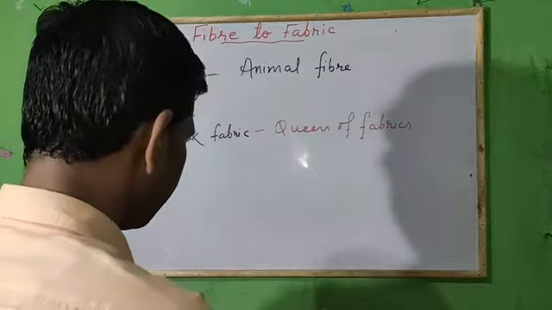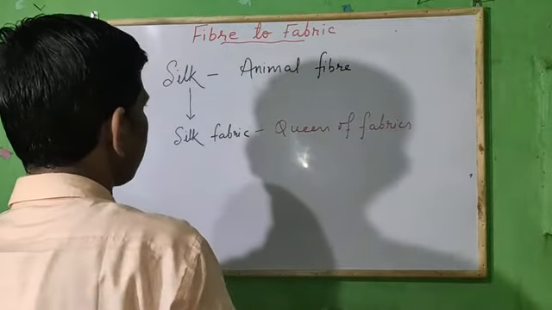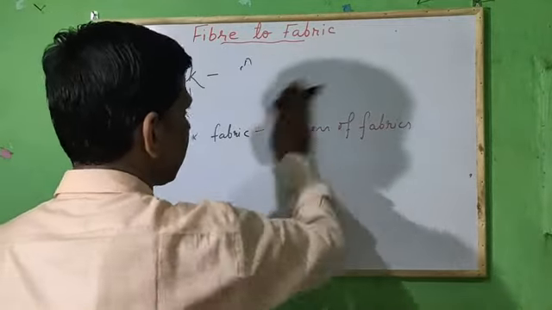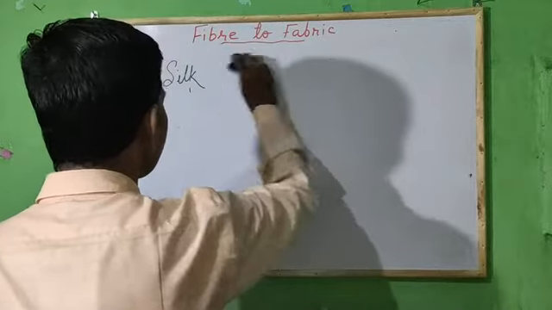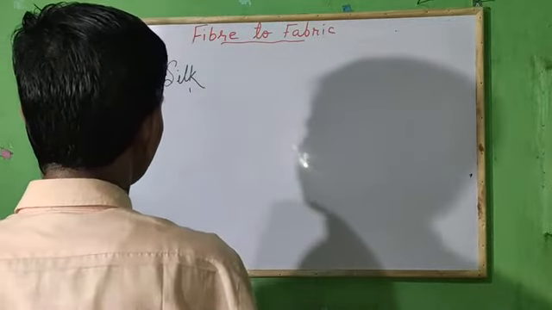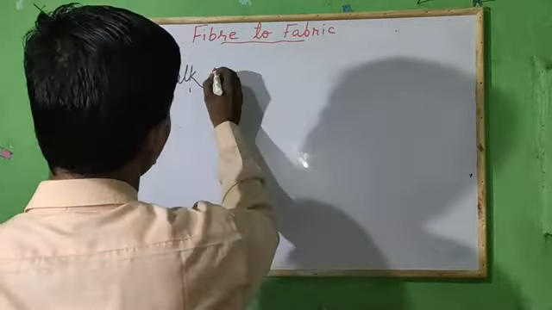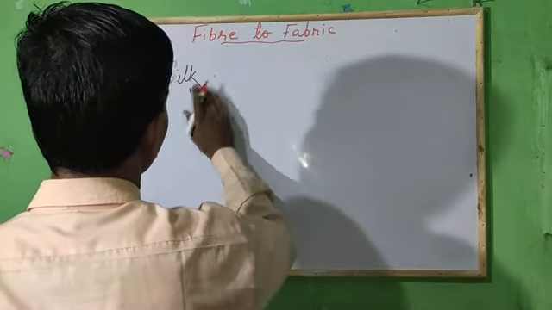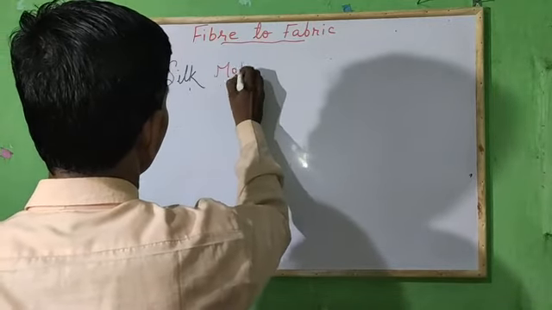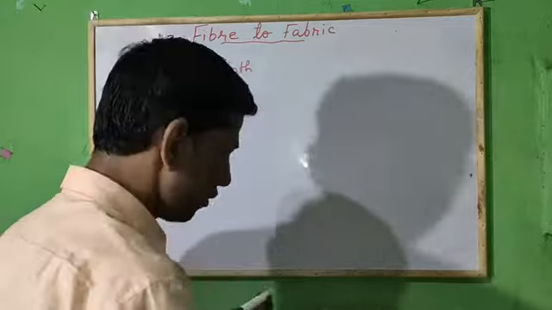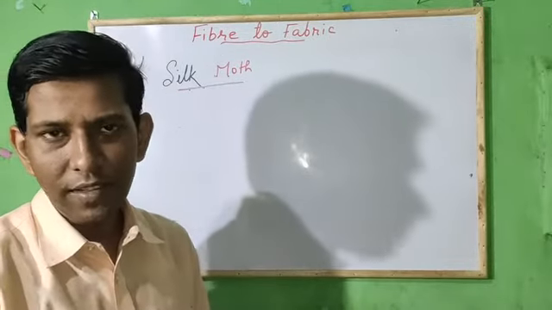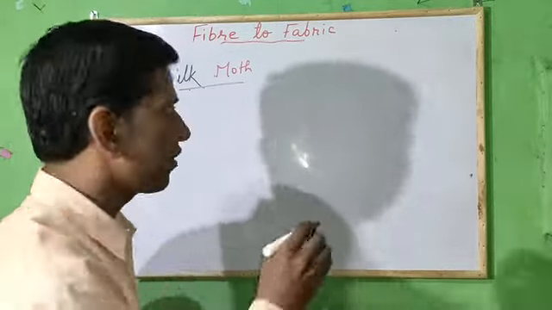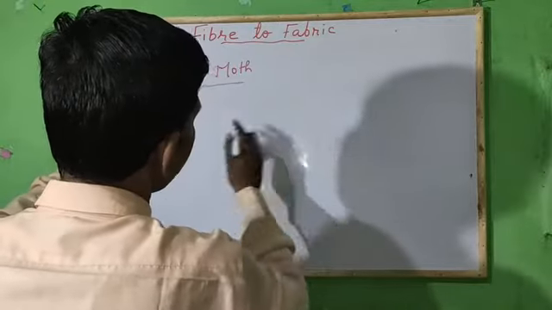the life cycle of the silk moth. There are 4 stages in the life cycle of the silk moth. 4 stages are there. The first stage is